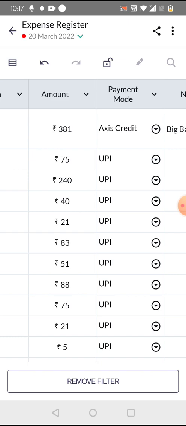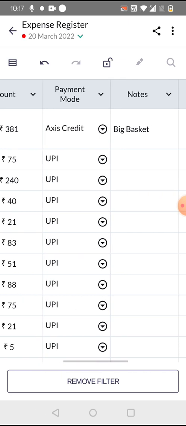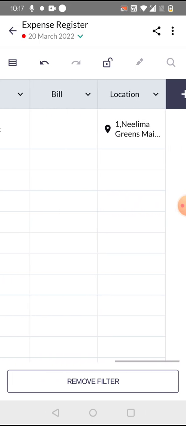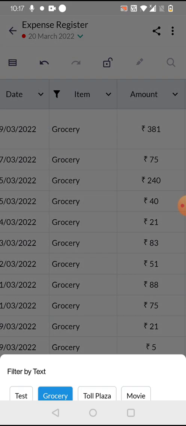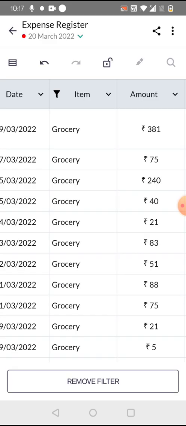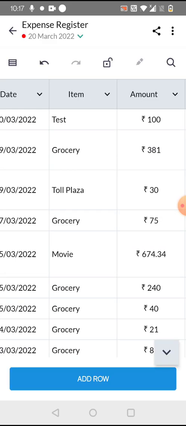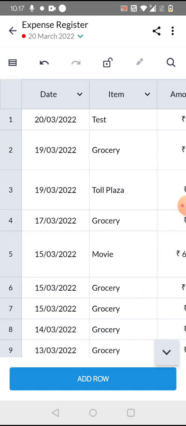Okay, so after that you can also see whether it is UPI, credit cards, or which way it is, or is it cash. Whichever way it is, you can keep a track on that part, and also you can have notes. So I think this way we can do a lot here, and also keep a track on our expenditures. And once you're done here, you can just lock this file always, so that nobody can change any